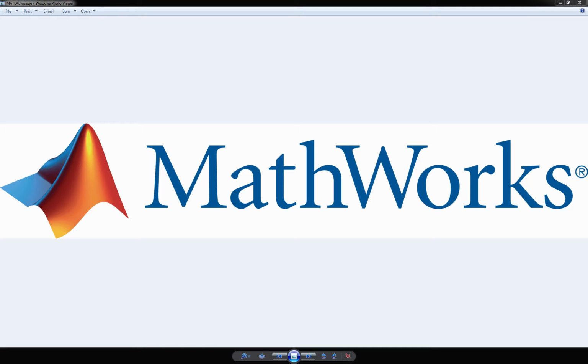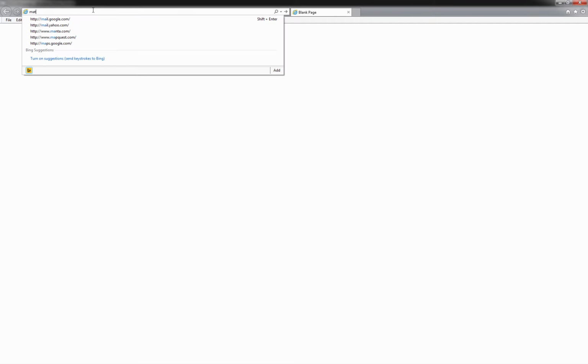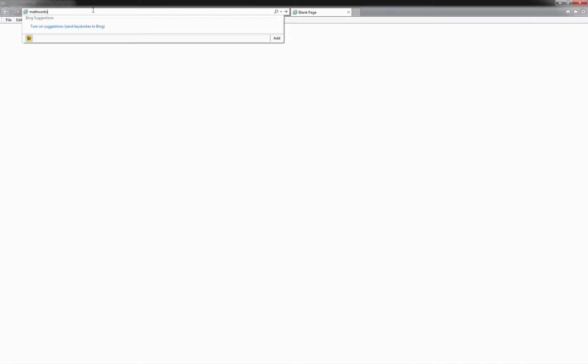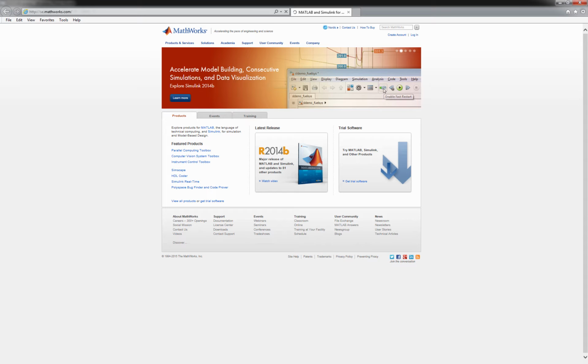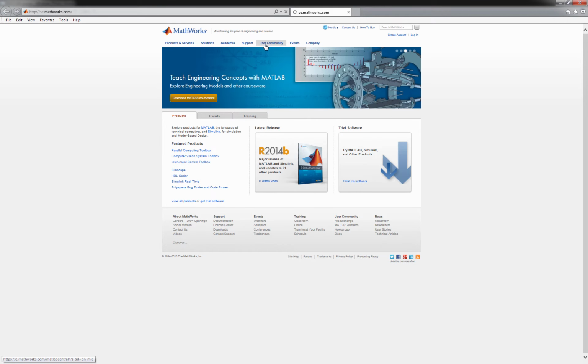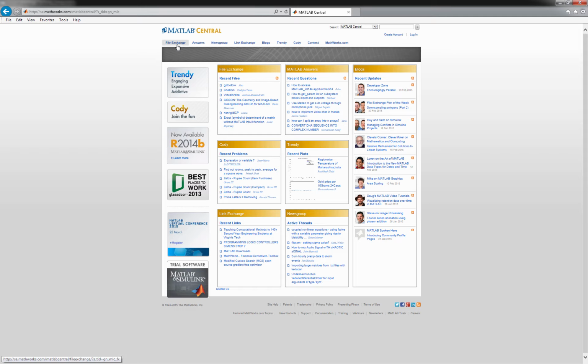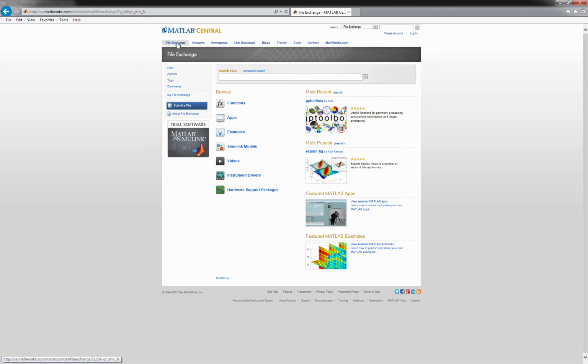You can also visit the MATLAB website by going to the site called mathworks.com, and if you go there, you will see that there exists a place called user community. Inside there you can go to the file exchange in order to find some sample files and download them, or you can go to the newsgroup, ask your questions or answer the questions which are available. And if you go to the file exchange, you can type in the files that you are trying to look for and find them.